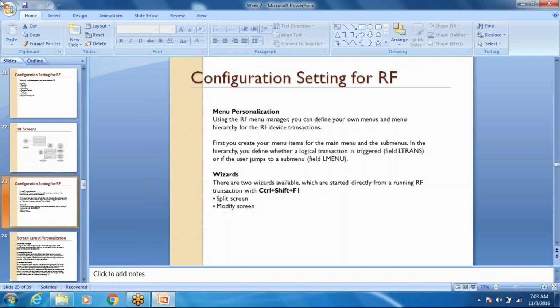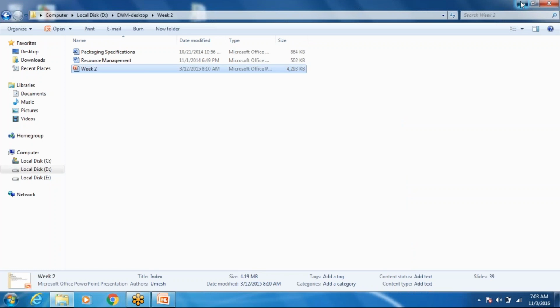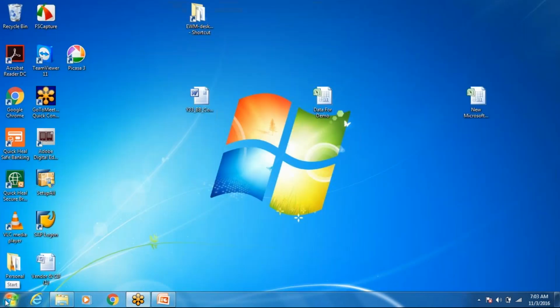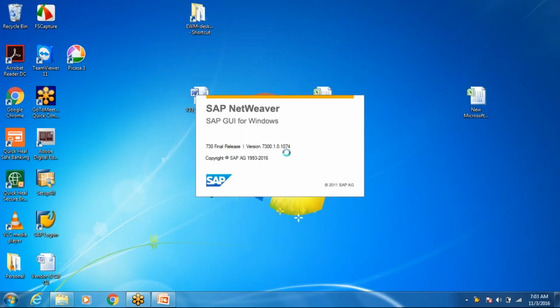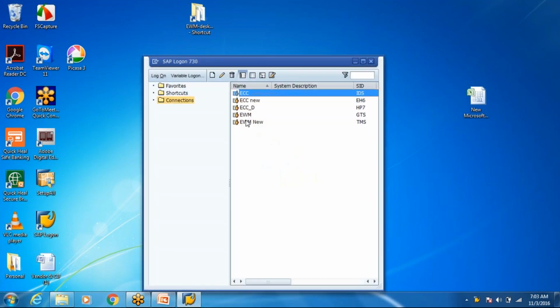Plus, I would also like to share some technical documents with you on the configuration on RF, based on which mostly the configuration or developments are done by ABAP on the RF side. So I'll just log into the EWM system.